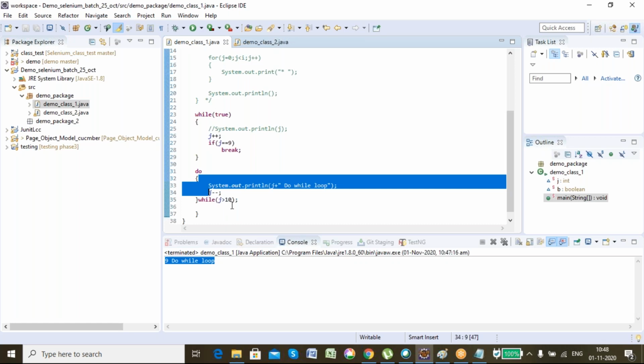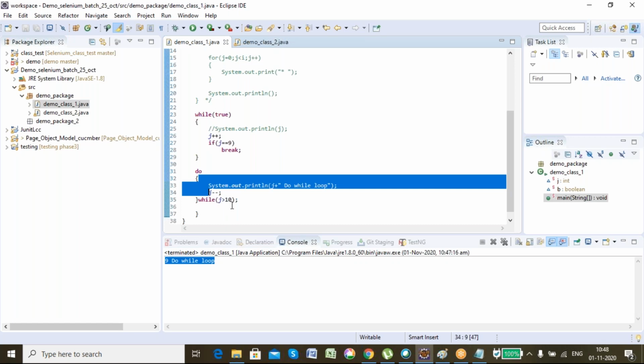So that's why in do while, even though the condition is not satisfied, it will get executed mandatorily one time. That is the major difference between do while and while. In while, if the condition is not satisfied, it will not get executed even a single time.